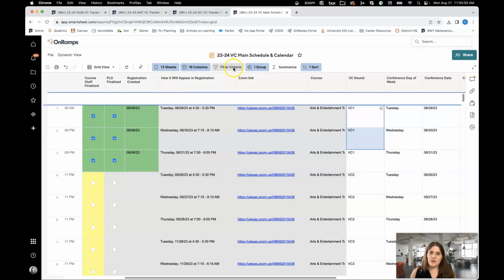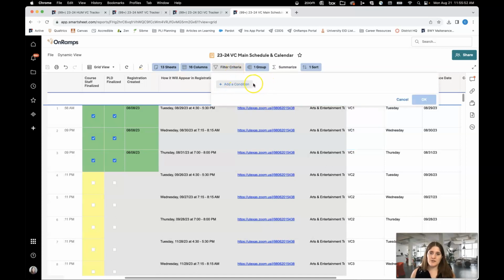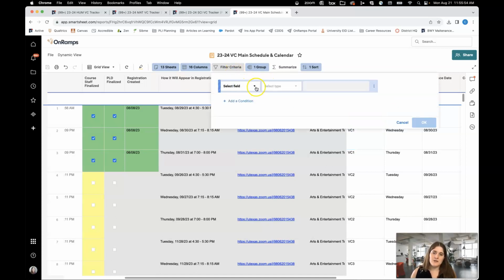We want to use a filter. These filters you'll have to set whatever you want it to be each time. There's no pre-set filters on a report, but it makes it a little bit more flexible. So what I'm going to set this to right now is VC round. I only want to look at